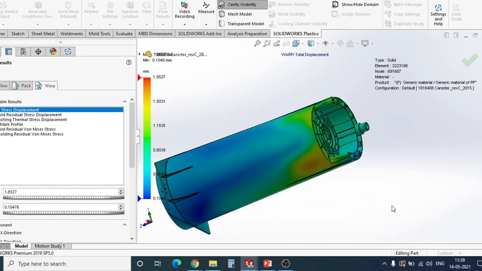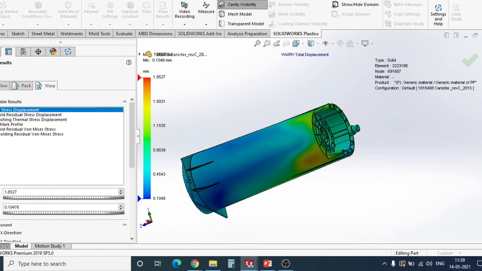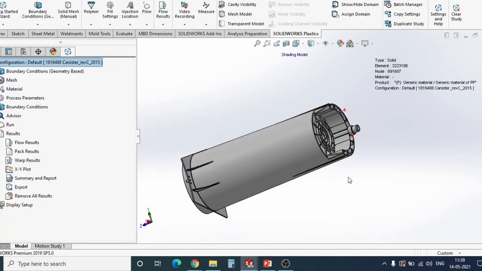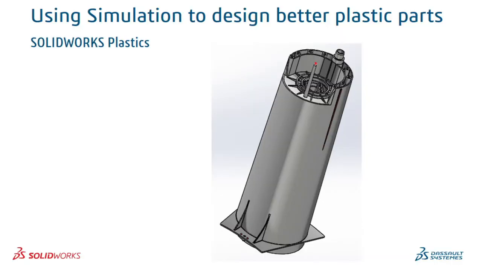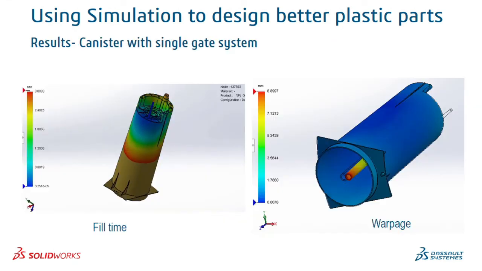Correct? Likewise, you can change the gate locations, change the pressure limit, right? Change the material and so on till you achieve your desired results. Correct? So this was my single gate and these were the results I got.